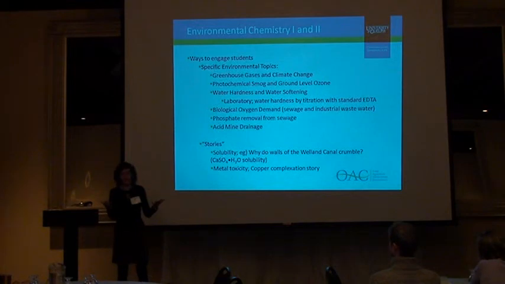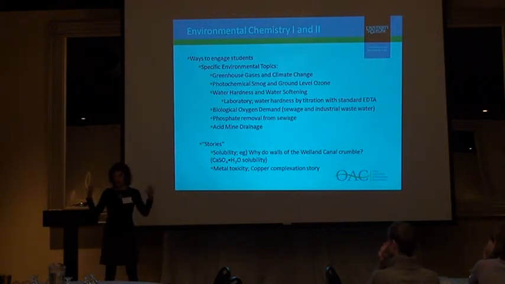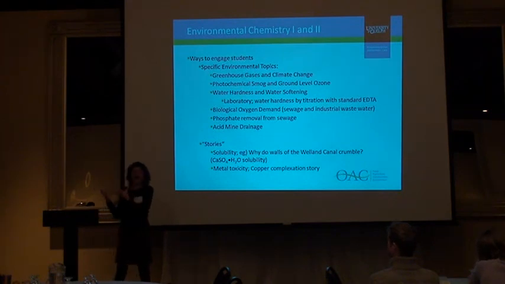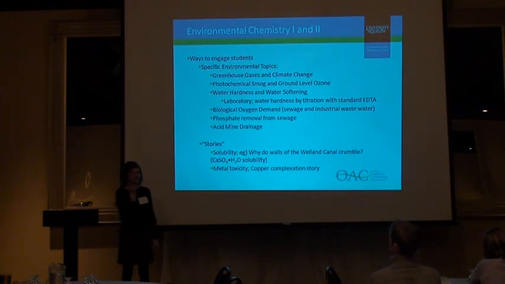And the reason for that is because one of the minerals that is quite prevalent in the Welland area is gypsum, calcium sulfate. And so I asked the students, if you have gypsum, calcium sulfate, and you know the content of calcium and sulfate in the waters that are flowing through the Welland Canal, those waters are coming from the Great Lakes, so you can actually figure out what the average calcium and the average sulfate content is. Can you calculate whether or not that gypsum is in equilibrium with that